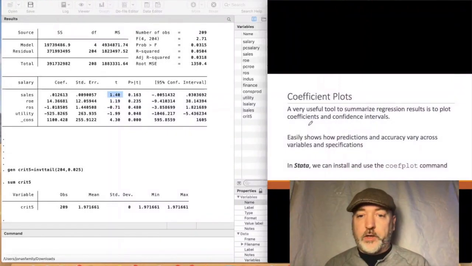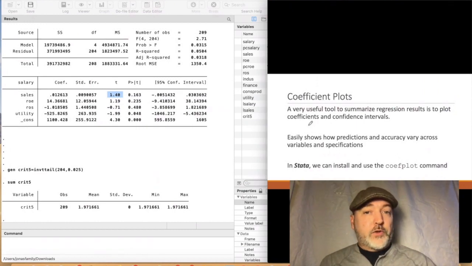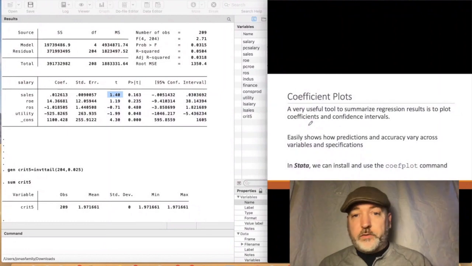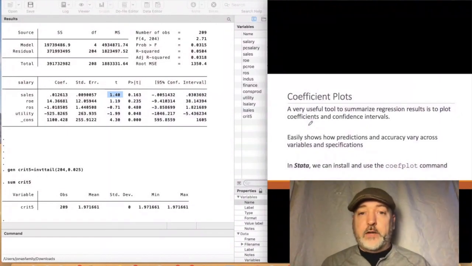Okay, last little thing here is just to get the visual of this process, right, by plotting our coefficients along with their 95% confidence intervals. A really nice, useful way to give the reader of your regression results, of your economic research, a little story about how the levels of your coefficients and their accuracy, their 95% confidence intervals, change across specifications and across variables. And luckily, Stata has a command that's going to create this for us in a real easy way,